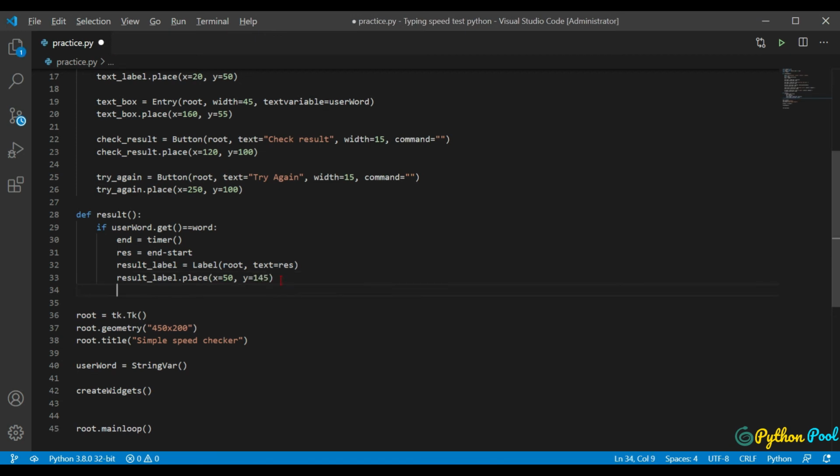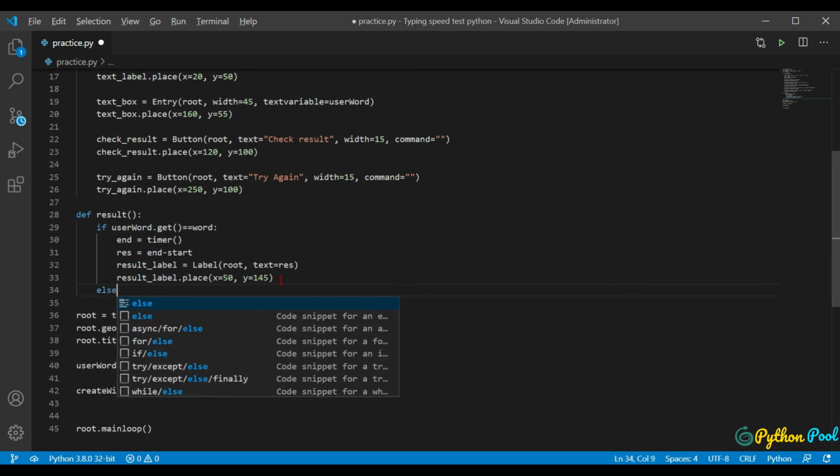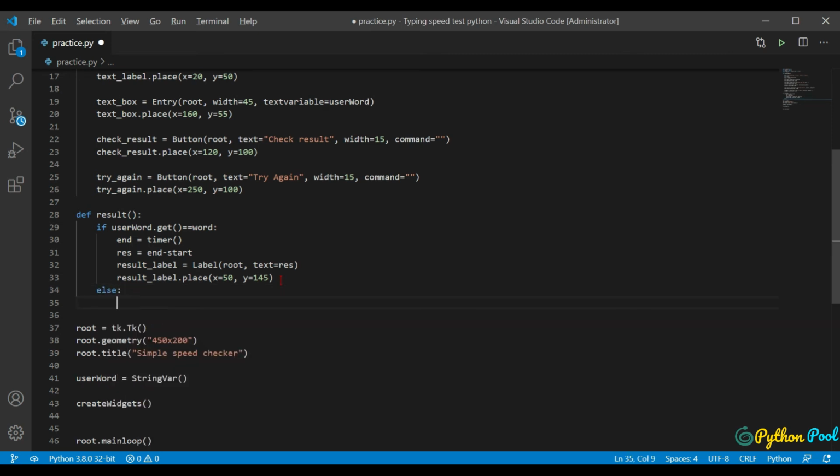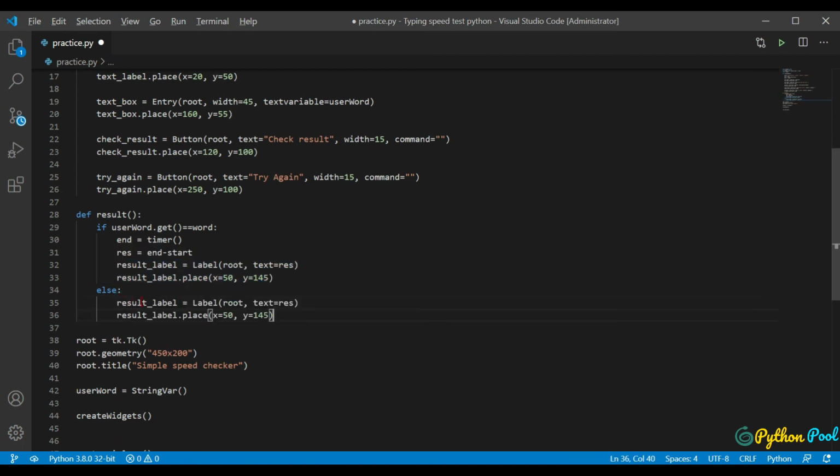Perfect. And what will happen if the user enters the wrong word? We'll simply print this label. I'll paste the wrong answer label, and here the text would be wrong answer, or your wrong spelling. Both are correct, depends on you. Okay, and let's give the command here. Let's give result here,